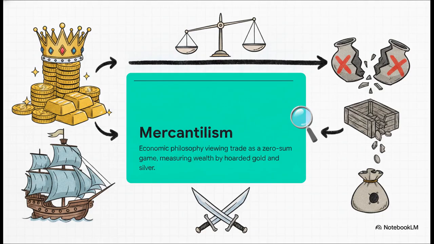Now, mercantilists viewed trade strictly as a zero-sum game. Basically, if one nation wins, another inherently has to lose. They measured a country's wealth entirely by how much gold, silver, and bullion it could hoard. The logic was simple. A nation must heavily promote exports and actively discourage imports. By doing that, they'd run a favorable balance of payments, meaning more gold flows in than flows out. And more gold meant a king could afford a much larger army and navy to go out and conquer new